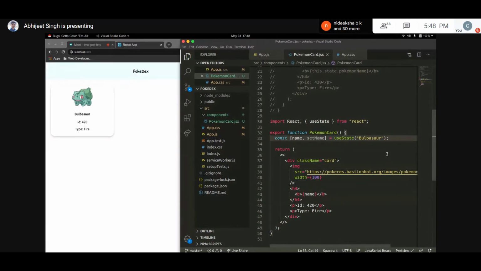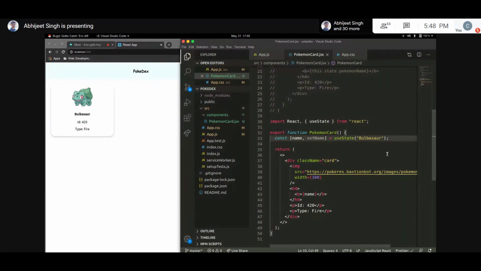Now what if I need to change it? And why am I using useState, and why am I using a separate function to change the name instead of just assigning it? How React works is, if you have gone through the concept of virtual DOM, React is very good in performance because it only reloads the parts of the page that have changed and not the entire application whenever a new action happens. How does it know that? It knows that by using these state functions.